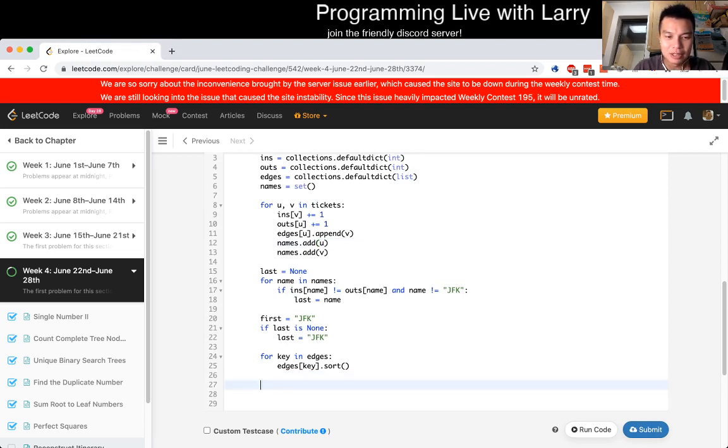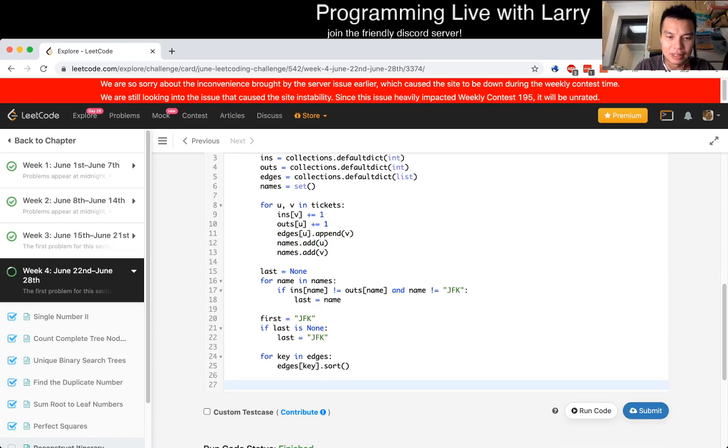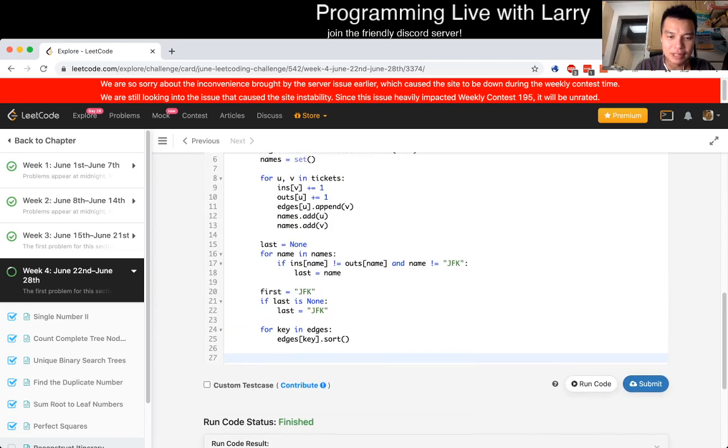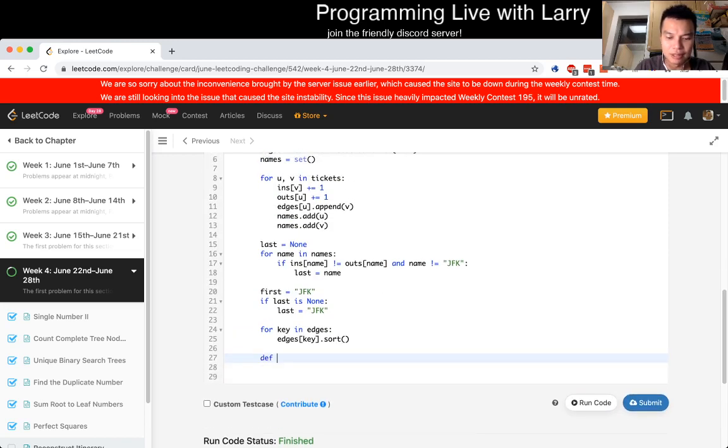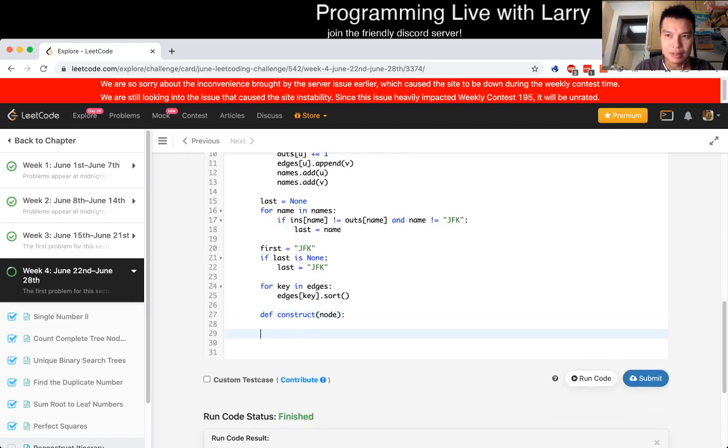Okay. So then now we start at JFK. And we can do it this way, but because this graph is always good, we just have to make sure that the entire graph is still connected. Because if it's not connected, then we're not good.